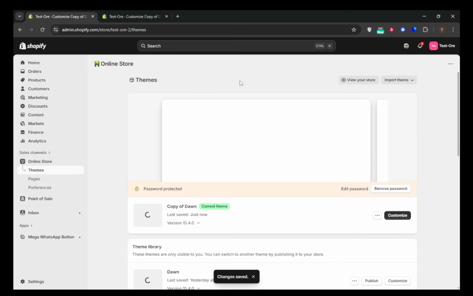And that's it. These steps will guide you through adjusting the font size of your header and footer menu in Shopify, helping you create a polished and